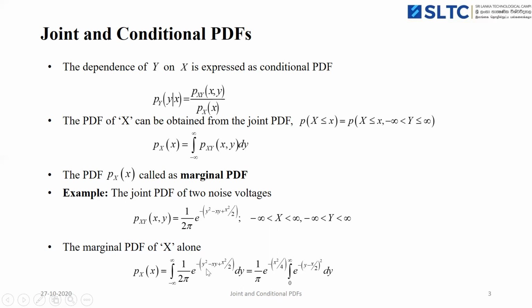And here, in order to represent this term in (a minus b) whole square form, we can take e power minus x squared by 4 outside. So we can write it like that, (y minus x by 2) whole square. Which means y squared, minus... plus x squared by 4, and the cross term minus 2xy by 2. So the 2 will be cancelled, and minus xy is coming.